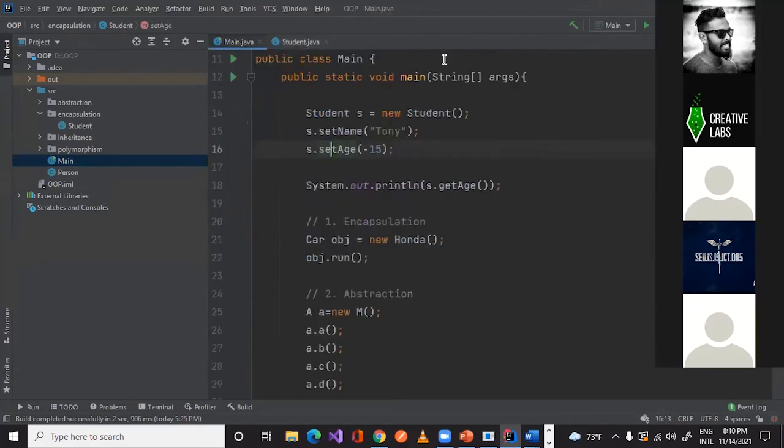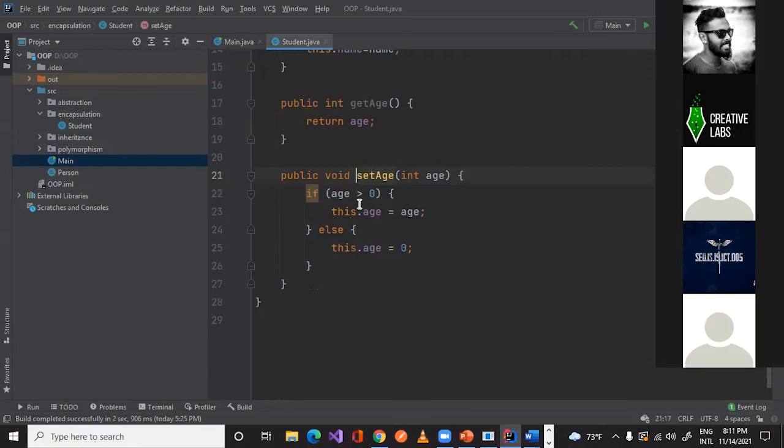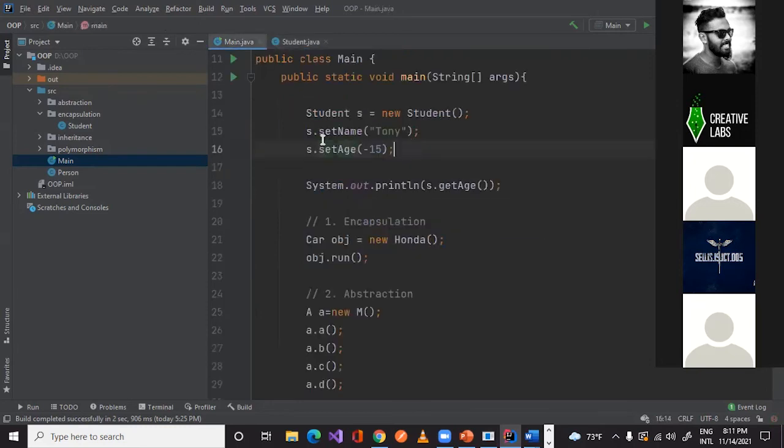So to the person who is accessing this class, if some developer is working on this or calling this function from somewhere else, he actually doesn't know the logic behind this setAge. He only knows the function. So he just passes the value, and if the value is greater than 0, the age will be updated, or else it will remain as 0.